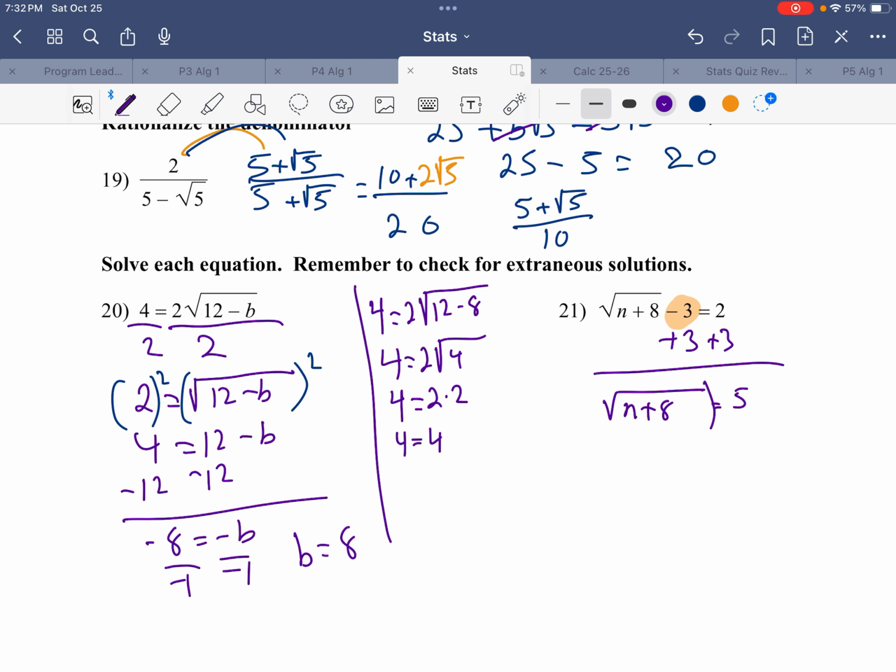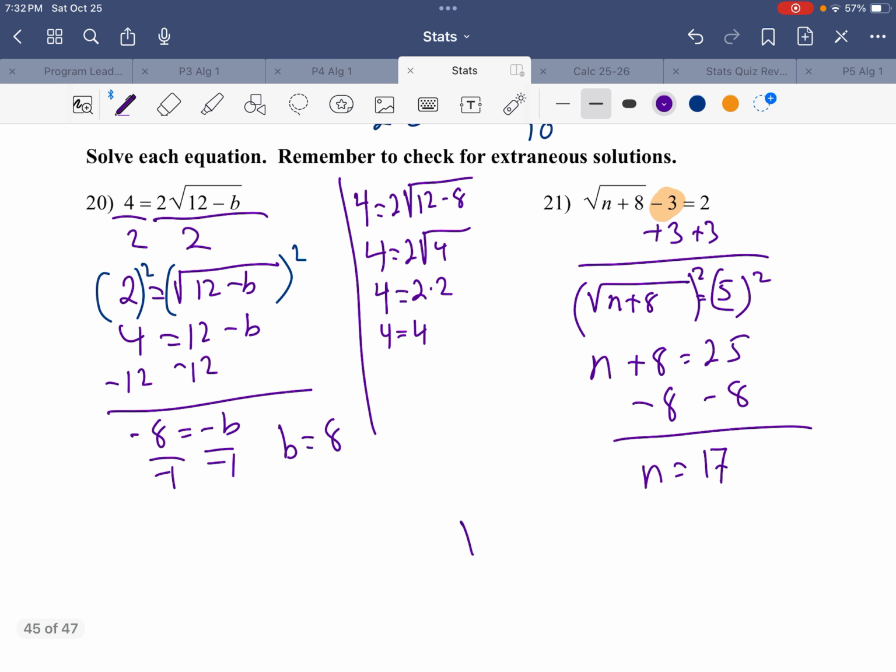At this point, I would need to square both sides, and I get n plus 8 is equal to 25. After this, I subtract 8 on both sides of the equation. I get n is equal to